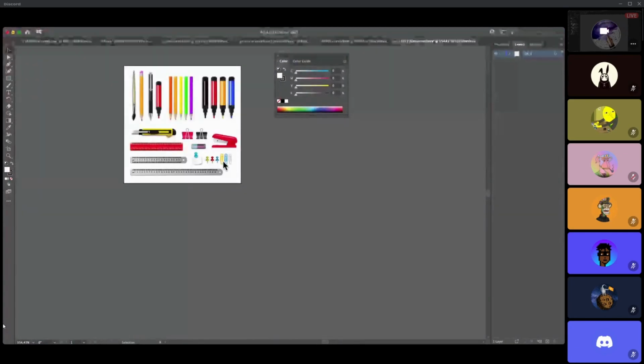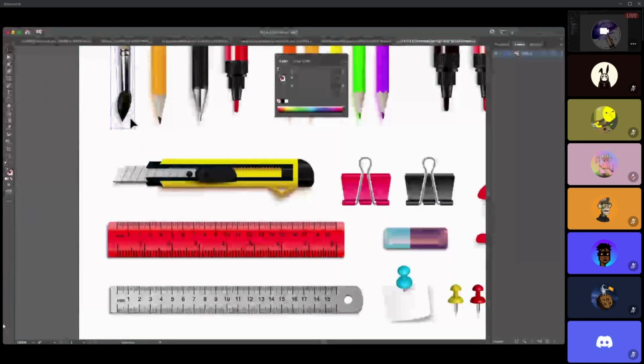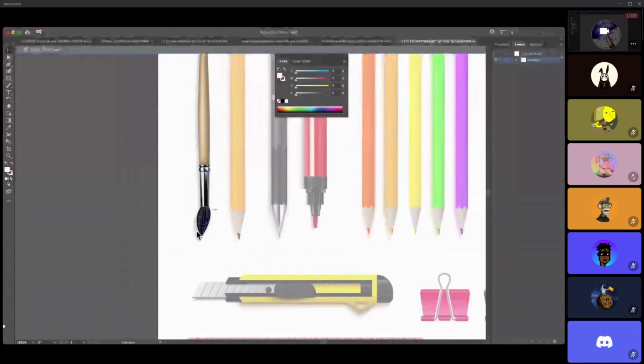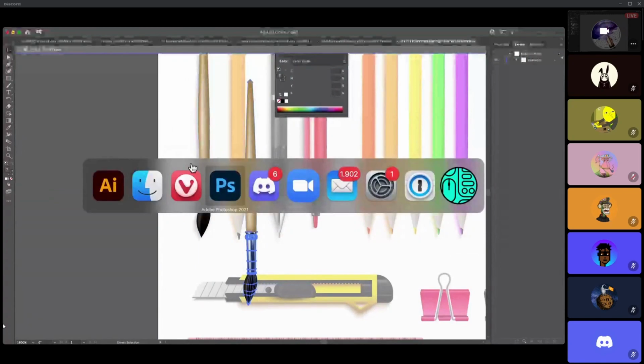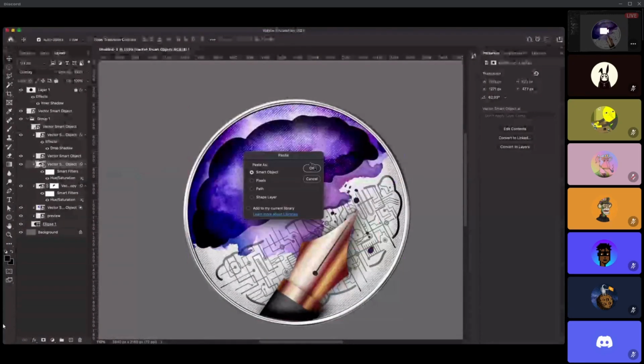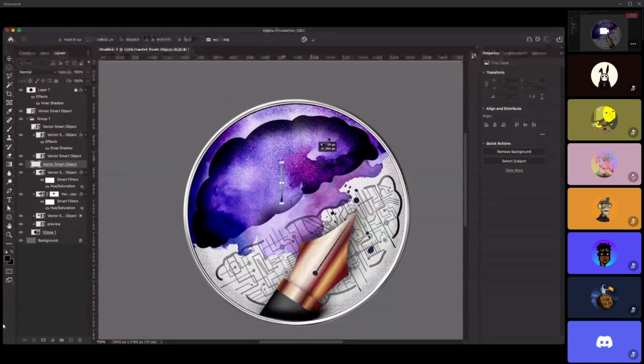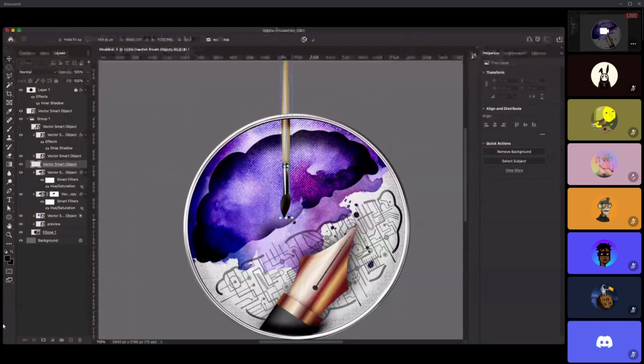Update. So this is the brush I was talking about, this one. I'm just going to capture this brush and copy paste there. Look, it's so small, but you can always scale it up nicely because it's vector, and that is the beauty of working with vector images. You can really scale it up without losing any quality.